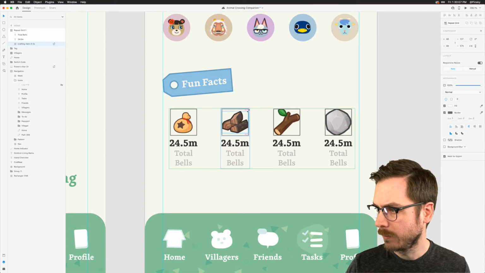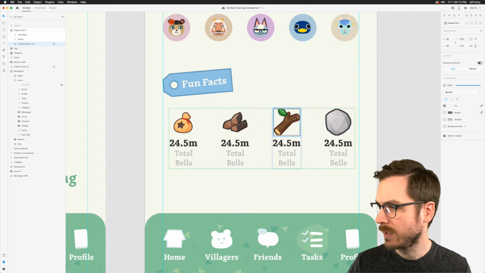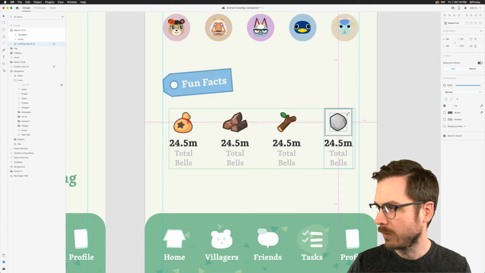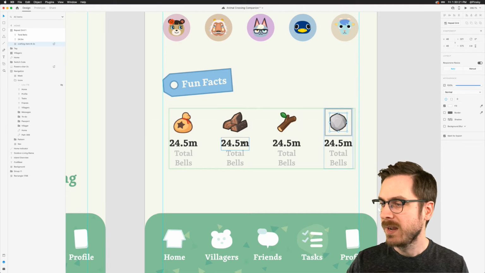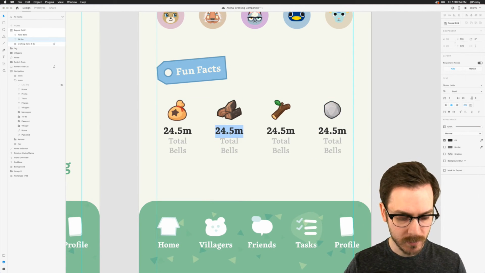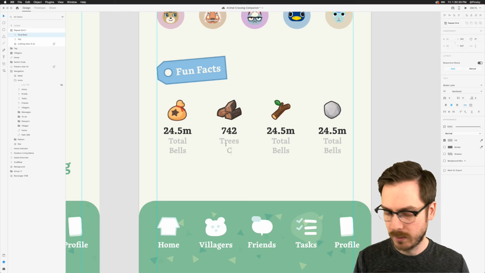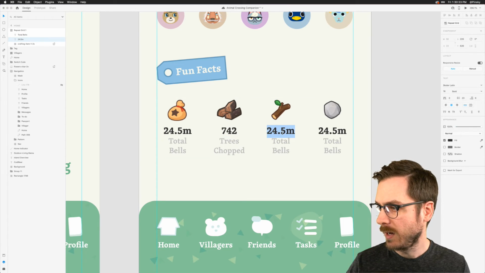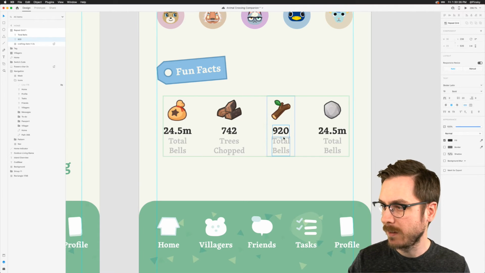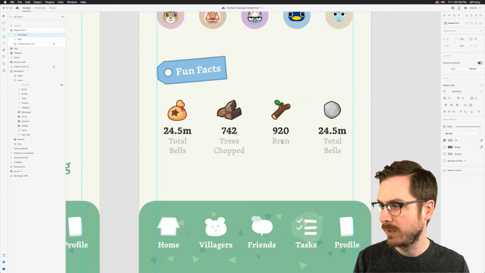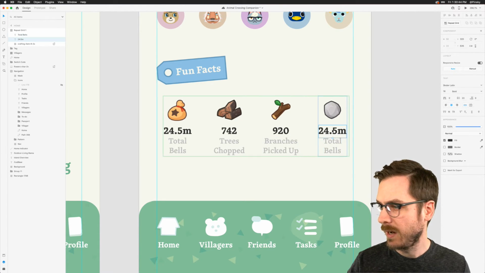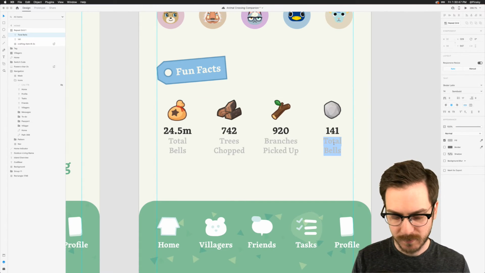Now, what I can do, because we're working with a repeat grid, I can override the image masks just like this, make this a little bit smaller, make this a little bit smaller, and there we go. Perfect. All right. Now, of course, we need to change some of the text layers. So this one might be, let's say 742, for example, trees chopped. And we might want, let's say 920, branches picked up. And then finally 141 stones